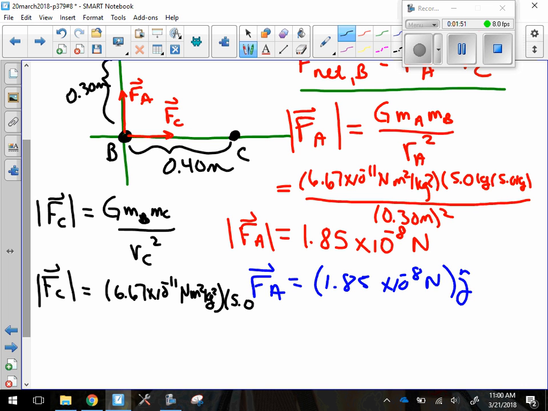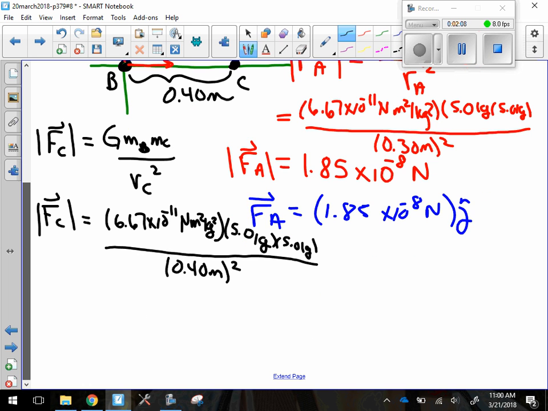R_C is the distance between B and C, just like R_A was the distance between A and B. And then the masses are the same, so they're both 5 kilograms. And the distance between B and C is 0.4 meters, and that's squared. So our magnitude of FC is